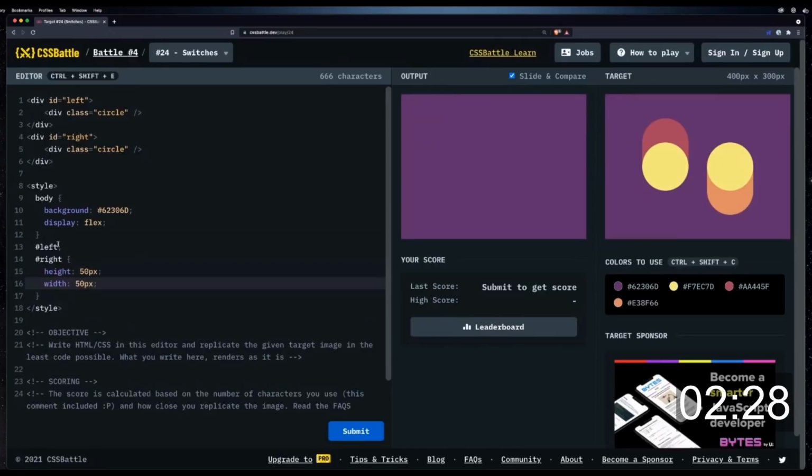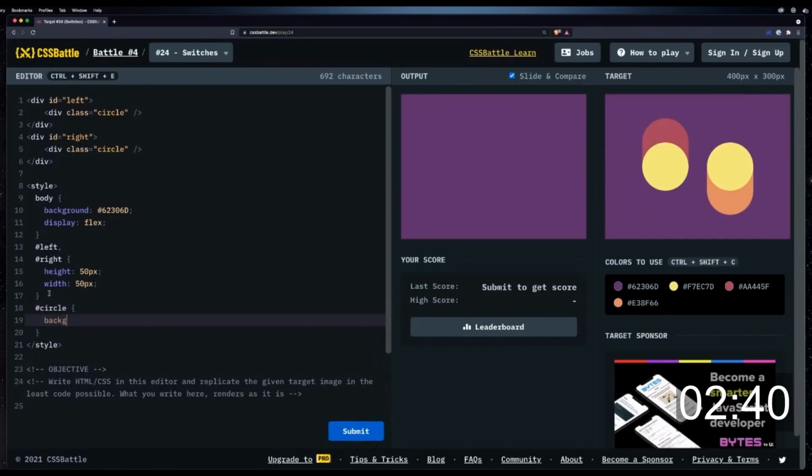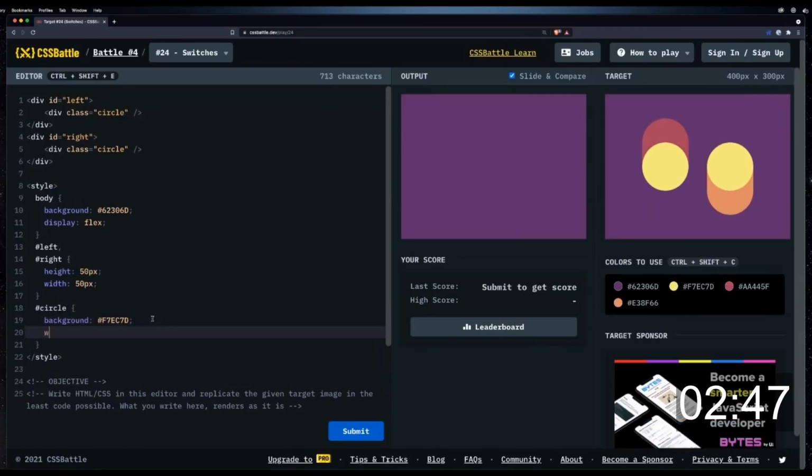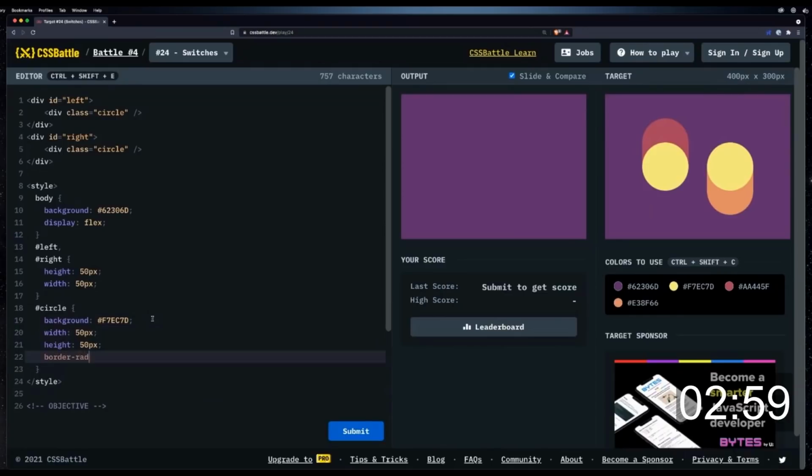And the circles, well, I can't actually measure them. So the circles will be, well, let's just do high level stuff. Circle is going to be a background color of that yellow. Here's our yellow. And we're going to have the width and height, and we'll call these 50 pixels. Height 50 pixels, and it's going to have a border radius to make a circle of,